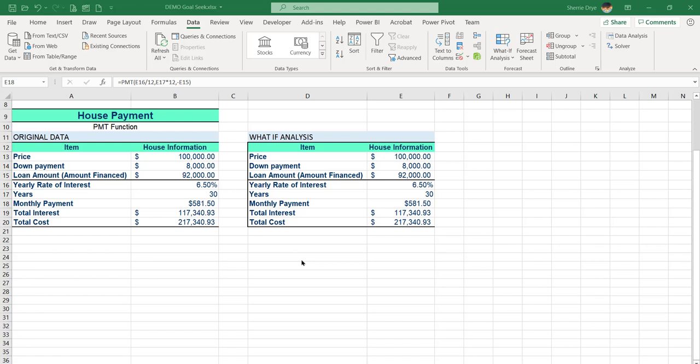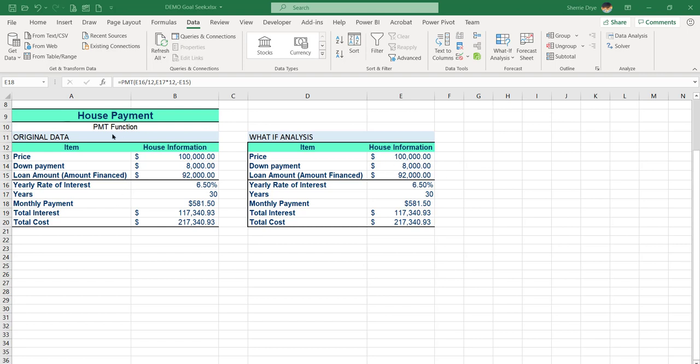In this example, I want to show you how to use GoalSeek in order to find the monthly payment on a house based on changing other information. So the GoalSeek is used as a type of what-if analysis. What if this number should be this amount by changing some other amount in order to get it to that number? So it's an algorithm that's used in order to say, what if this, then what else would need to be changed? So for example, in this house payment